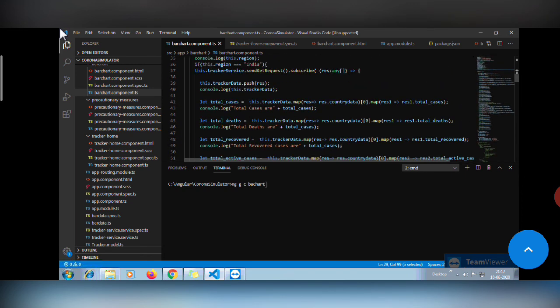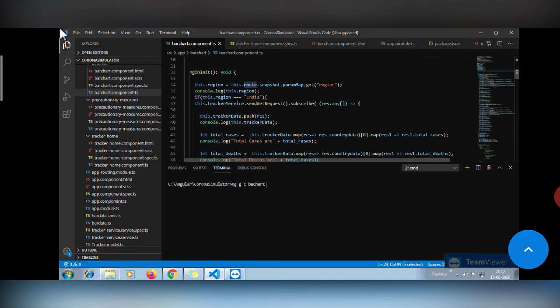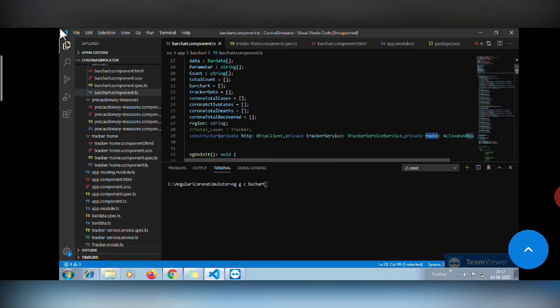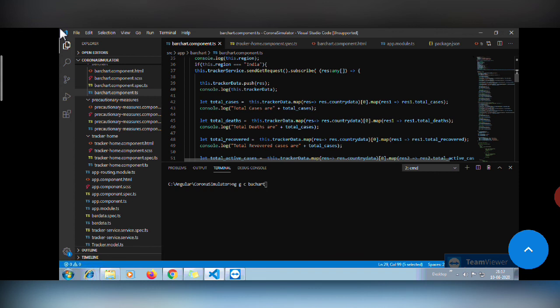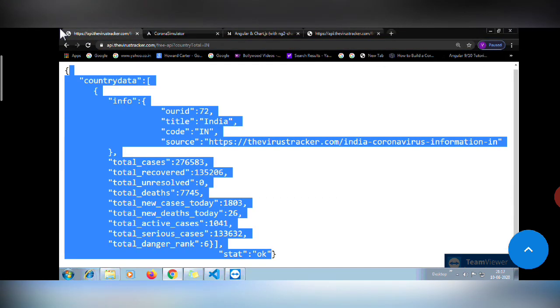And for this part, this trackerData is an empty array. So now it will call the service, then trackerData will push the result into it, and now trackerData will map the result. In India we have JSON, and in that JSON we have country data.